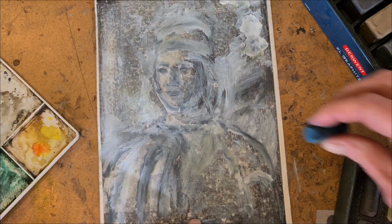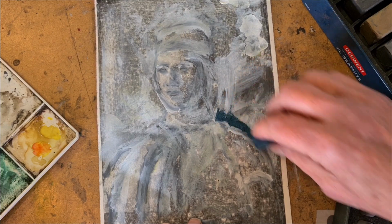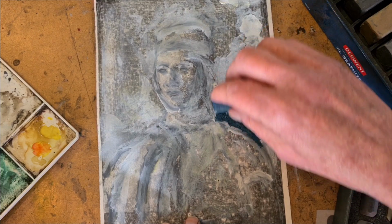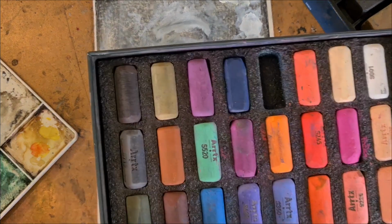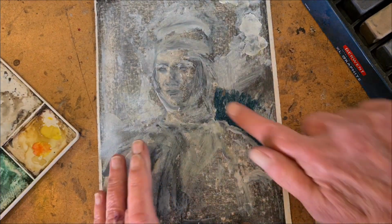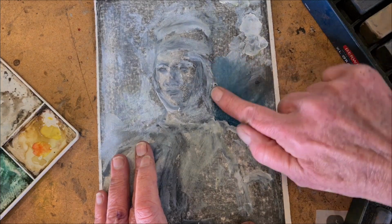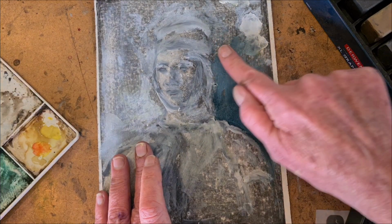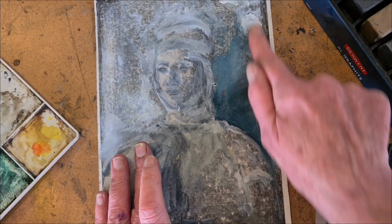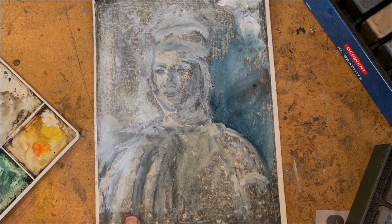Now that there's some gesso down on this, it's going to be even more forgiving if I want to add in some more messy color using these soft chalk pastels. And so again, we've got this portrait that's just turning into a completely different kind of thing. And I don't want to add a lot of color. This is not that, but